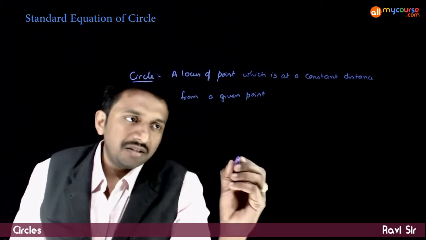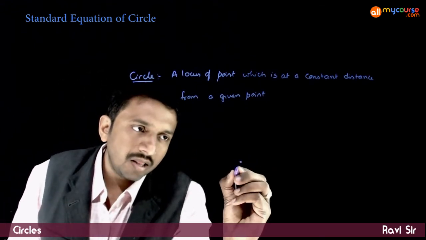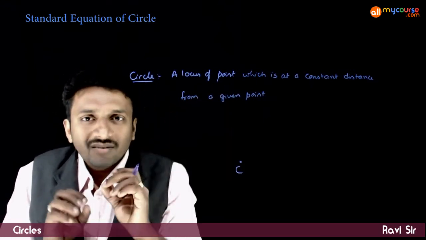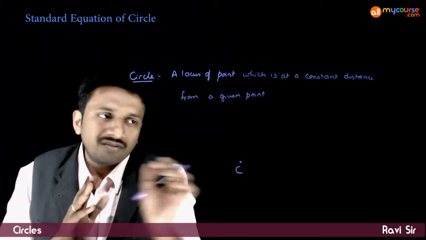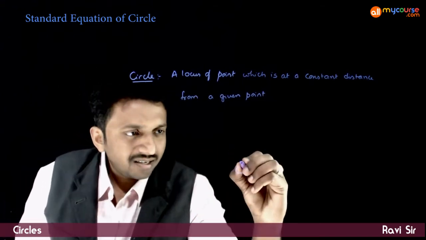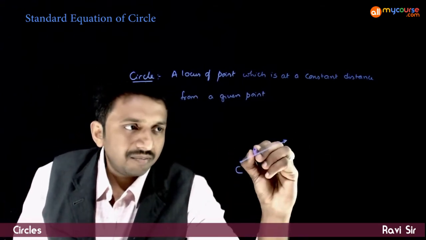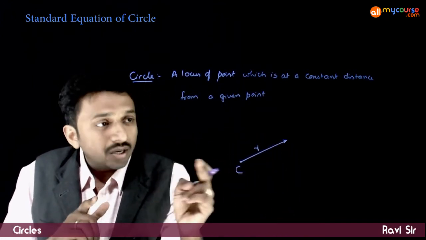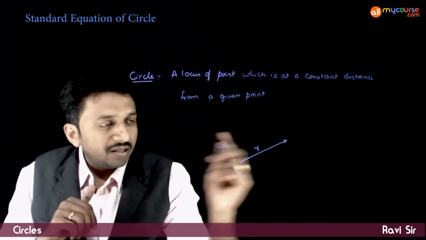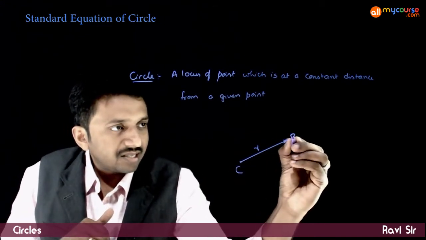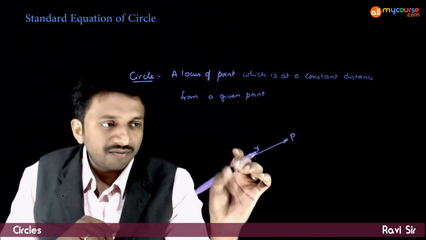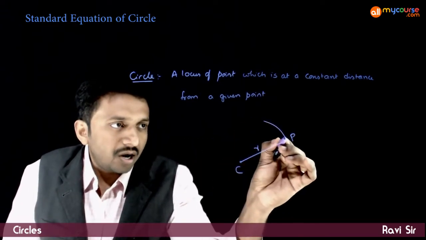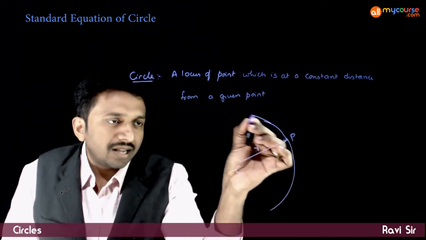That means you have a given point. Let us call this given point C. Now the locus of a point which is at some constant distance from this point. Let us say that the distance is denoted by R. Now what is the locus of points? What is the path of the point such that the point is always at a distance of R units from this given point C? So whatever locus you get is called a circle,